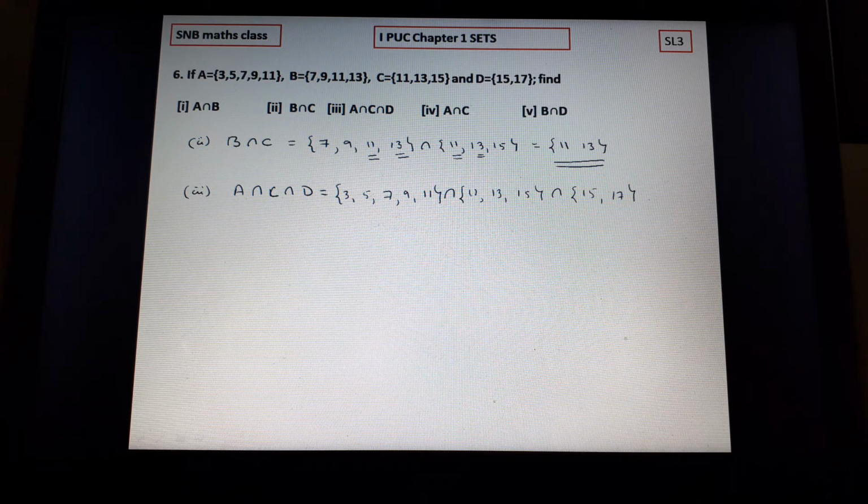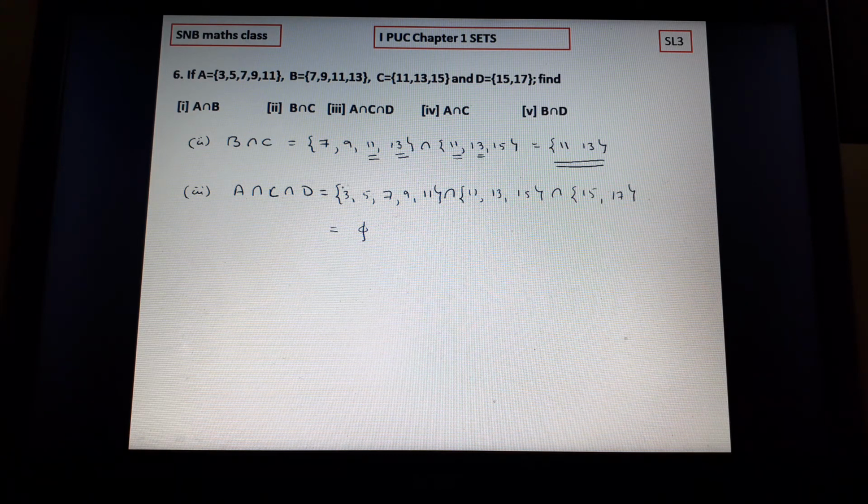Now you have to check like this. Here there is 3. There is no 3 here. I can't write. 5. No 5 here. I can't write. 7 also I can't write. 9 also I can't write. 11 is here, 11 is here, but it is not here. So like that. You see, 15 is here, 15 is here, but it is not in this one. Therefore, definitely it is pi.